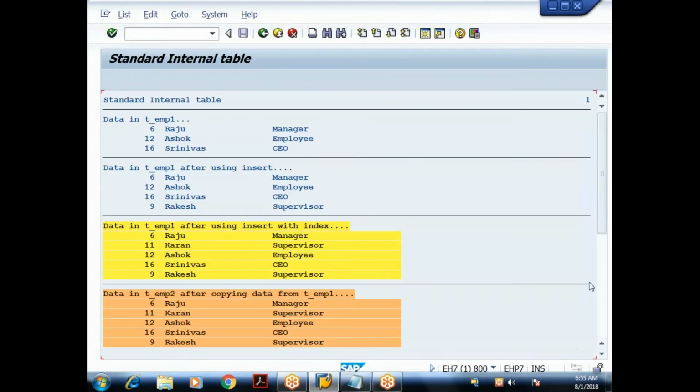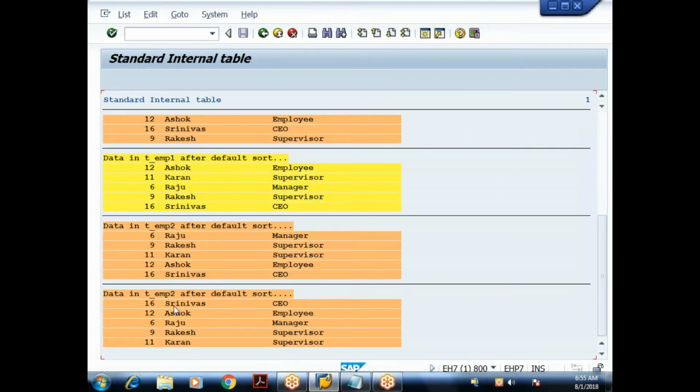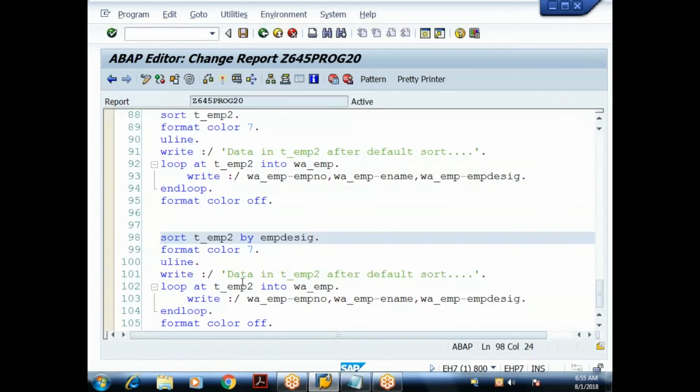Done. So when I execute that, if you observe at the end, okay, let me give the message differently. Data in T_EMP2 after sort on what? EMP designate. So I'm just giving a meaningful message.